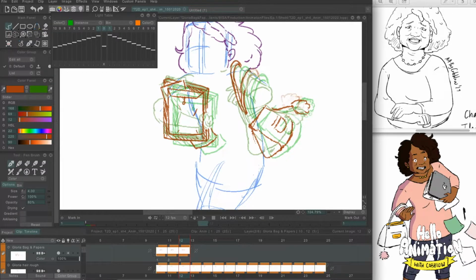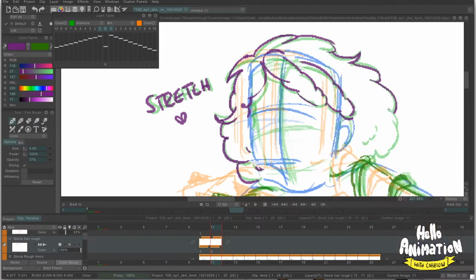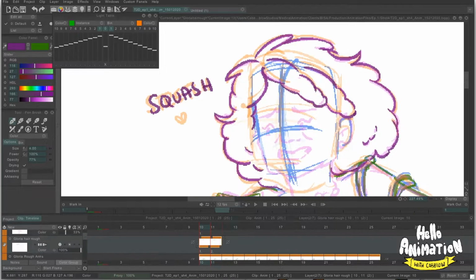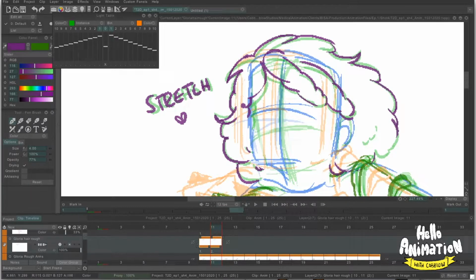So what I'm going to do now is let this time lapse play so you can see how I work through the hair's animation, and then eventually you're going to see how I work through the handbag animation. And then from here, the rough animation is pretty much complete. The only thing I have left to do after this is the face. I've kept the face till last because that's where all the character's emotion is going to be. But also because the face, for me at least, is a little bit